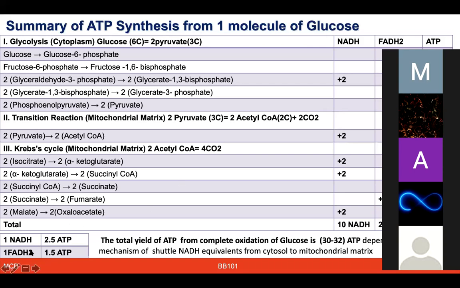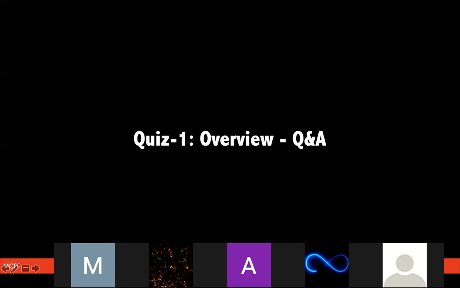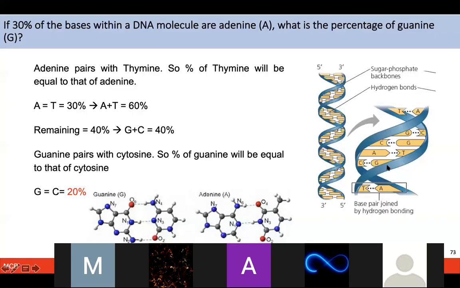So depending on the number of NADH and FADH2, which we are going to count, those can be calculated with 2.5 or 1.5 to generate these numbers. But I will try to keep these questions very simple, so don't be too afraid about those. Very briefly, in the next 1-2 minutes, I will take a few questions which some of you have raised for the quiz of your batch as well.